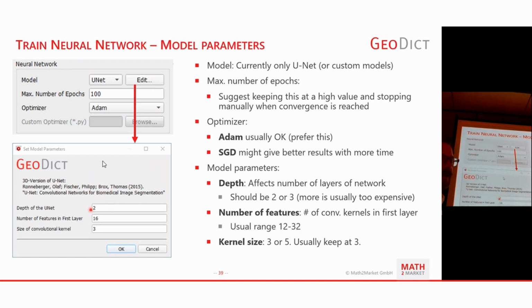There is the depth of the UNet here, and there is the number of features in the first layer, and the size of the convolutional kernel. Right off the bat, the size of the convolutional kernel is also very often 3 in literature, and I believe you seldom should change this to 5, and only 3 and 5 are the viable options in this case. The other parameters, though, you might want to change.